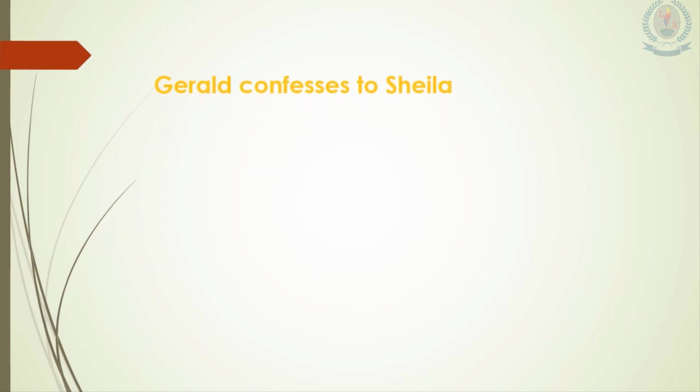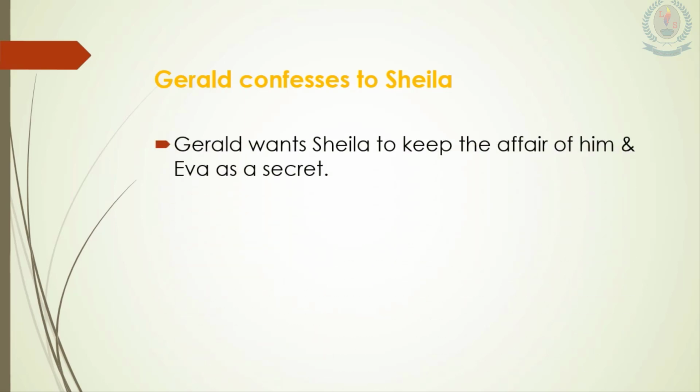And the next incident which happens is Gerald confessing to Sheila about his affair with Eva Smith. So the first thing that Gerald wants Sheila to do is what? Keep it away from the others. He does not want the inspector to know about the affair. Why do you think that he wants to keep it a secret? Now he knows that the inspector, he kind of understands that he also must have a share in this committing of